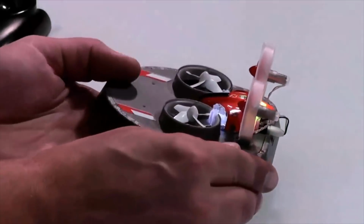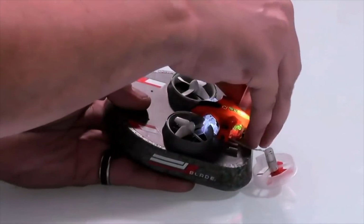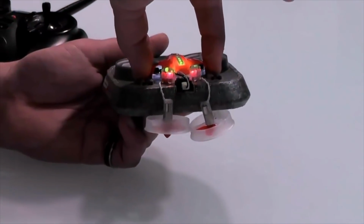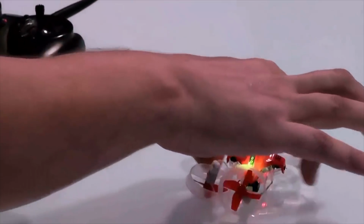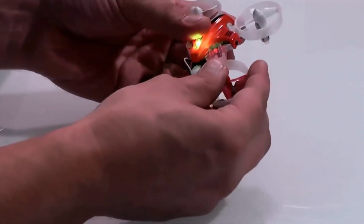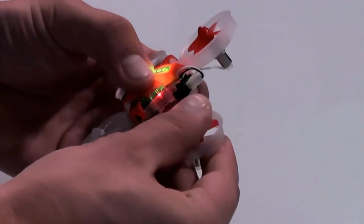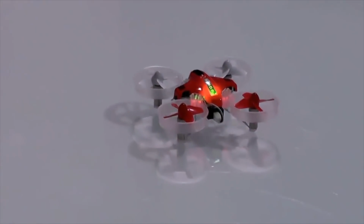So the first thing that I always do is pull these back two motors off. And we'll just let those hang there, and then we can grab the Inductrix switch right by the little mounts for the canopy, and we just give it a little pop. The entire thing comes right out. And all we need to do is put these back motors into our little connector here, and you'll hear a little snap. That lets you know that they're connected. We'll do it with the other one, and now we have the Inductrix switch